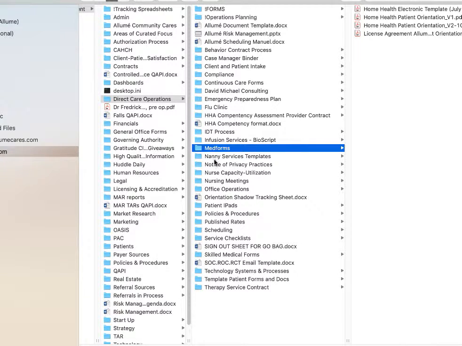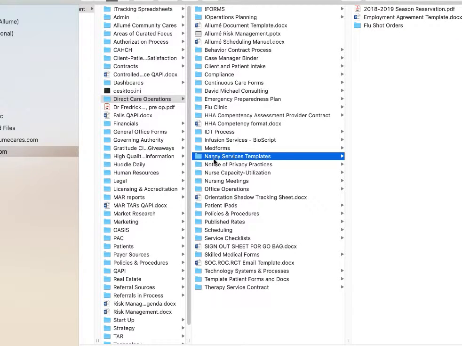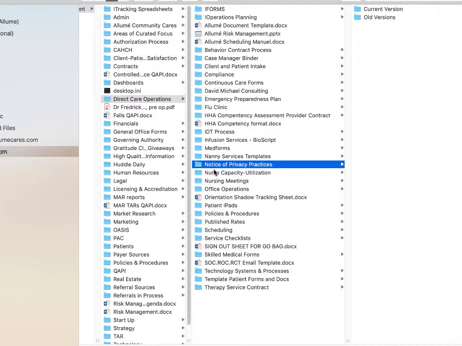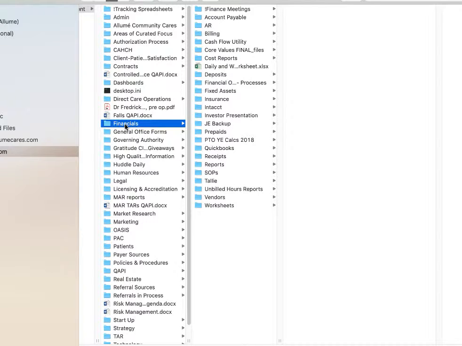This is the med forms itself. You can get rid of this, I would think. So you'll just kind of go through these and start to see direct care operations. This is probably the business of Marie and Amy to start to go through and make sure things are correct in there. The next here is the financials document, or financials place, where there's bits on accounts payable, AR, billing,